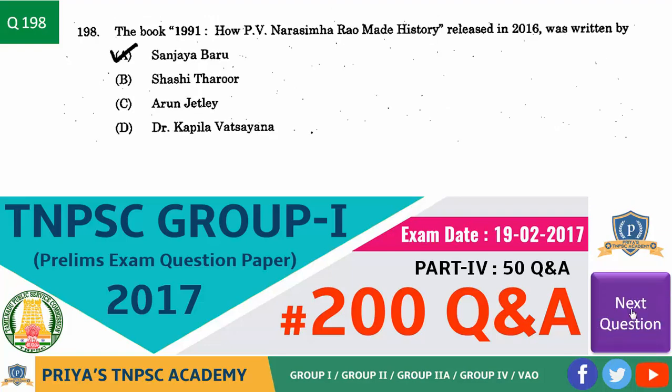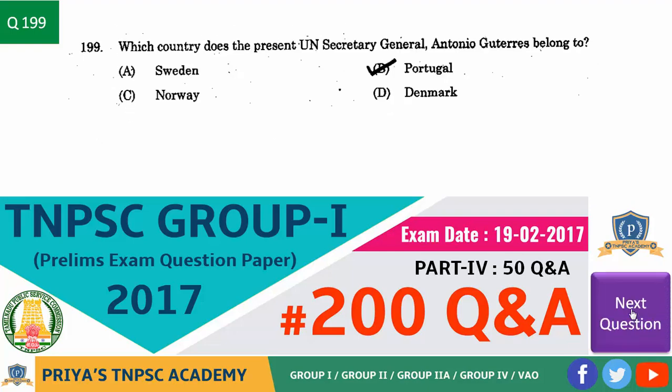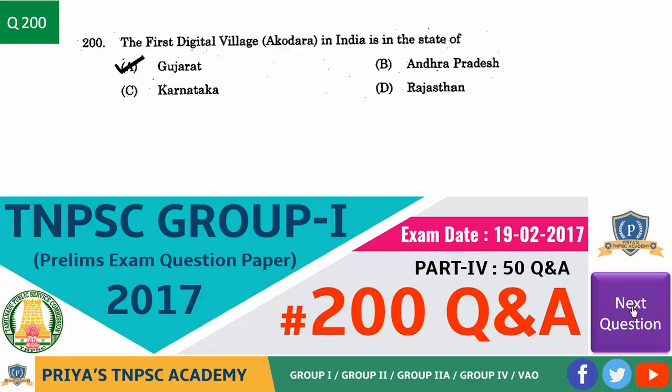Question. The book 1991, How P.V. Narasimha Rao Made History, released in 2016, was written by? Answer is option A, Sanjaya Baru. Question. Which country does the present UN Secretary General Antonio Guterres belong to? Answer is option B, Portugal. Next question. The first digital village, Akodara, in India is in the state of? Answer is